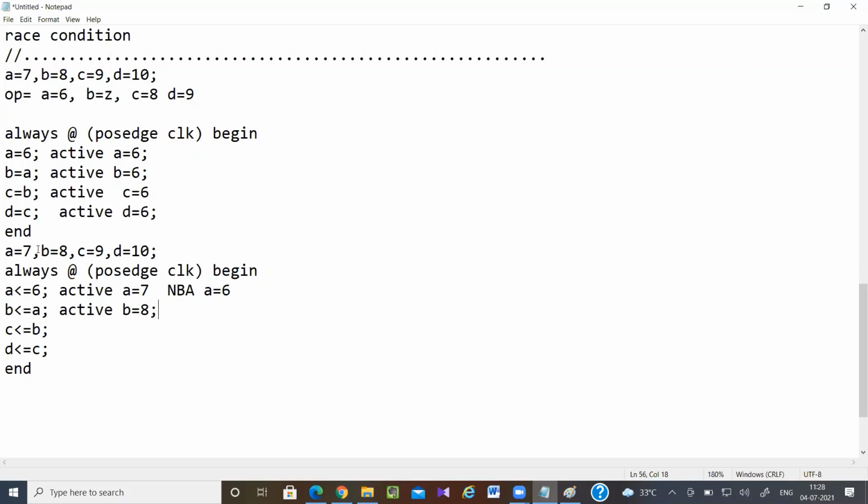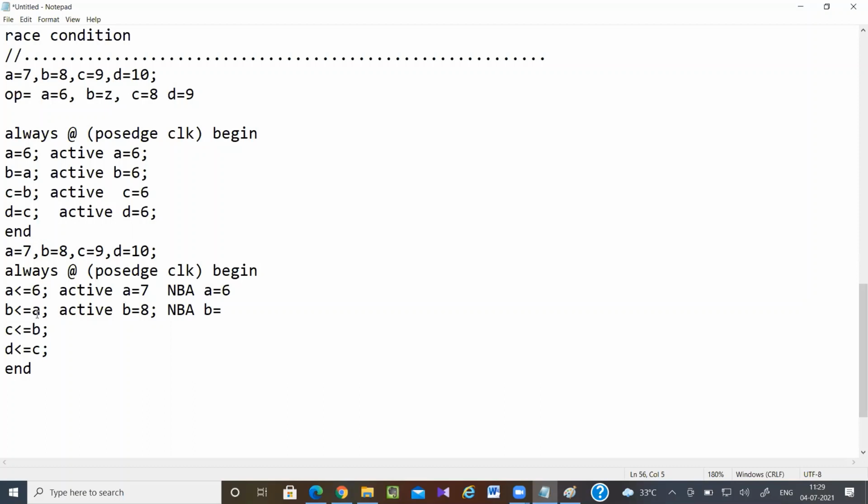Ma'am, basically, B will be updated when all the RHS is evaluated. Correct. So whatever the B value was initialized. Yes, ma'am. B value equal to 8 because it stores the previous value. It will get updated in the NB region. So in the NB region, what will be B value? Ma'am, now B is equal to 6.